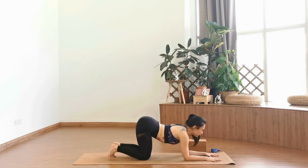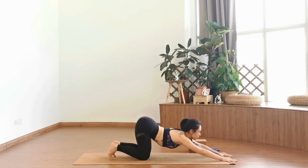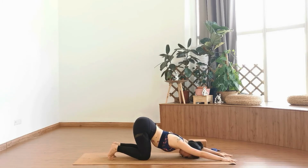Now either stay here, look forward, pushing the hip up, coming into your cow pose. Or you can walk your hands towards the front and slowly lower the chest even further down to the mat and place the forehead down. Just a little bit more intense on your back bend. So keep pressing the chest down to the floor, pushing the hip high up. Stay here for 3, 2,